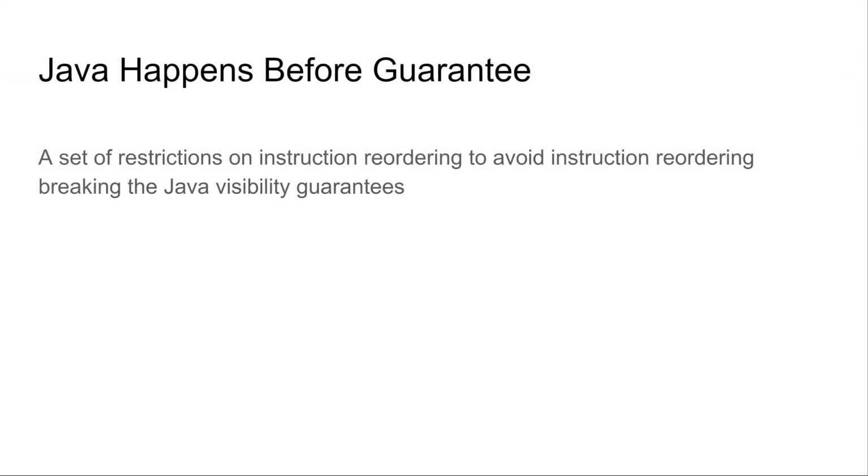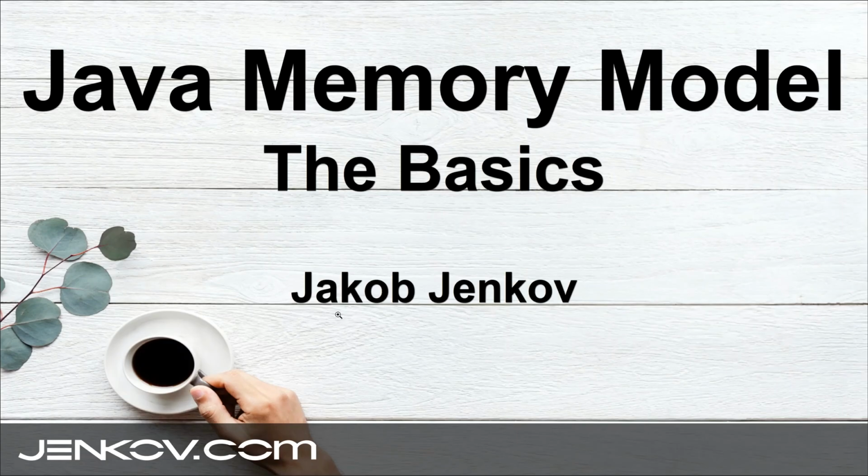The Java happens before guarantee is a set of restrictions on instruction reordering to avoid instruction reordering breaking the Java visibility guarantees. By the way, I assume you are somewhat familiar with the basics of the Java memory model already,